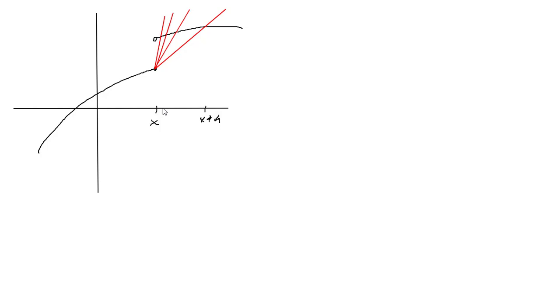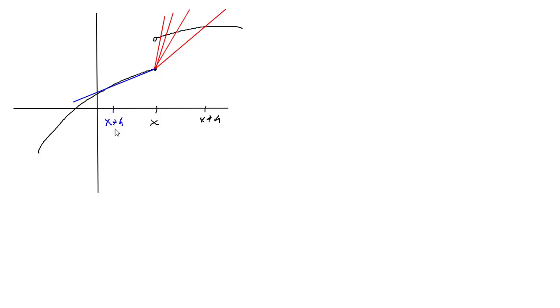As h approaches 0, these x plus h points are getting closer and closer to the x coordinate here, and your slopes of your secant lines would look something like this. This slope is actually going toward infinity. It's getting steeper and steeper and steeper. So if we look at the secant lines from the other side, we have